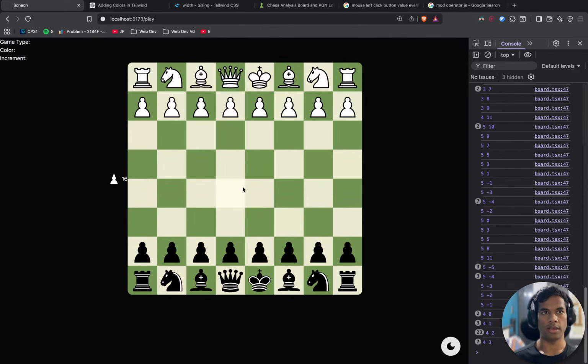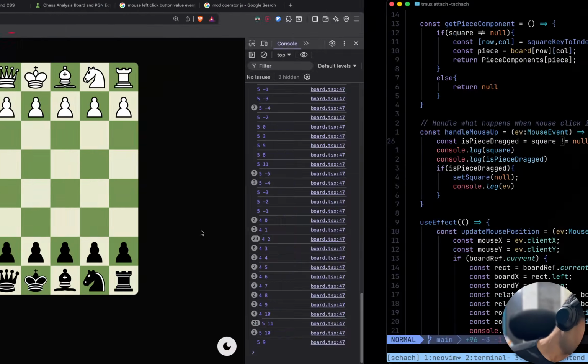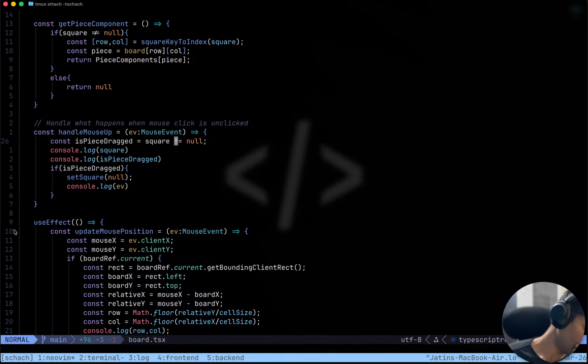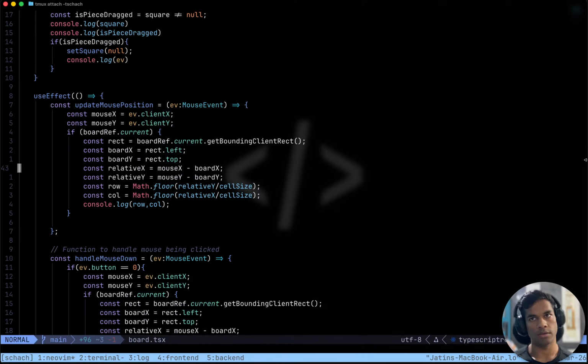That is crazy. We want to use the current value of square internally.